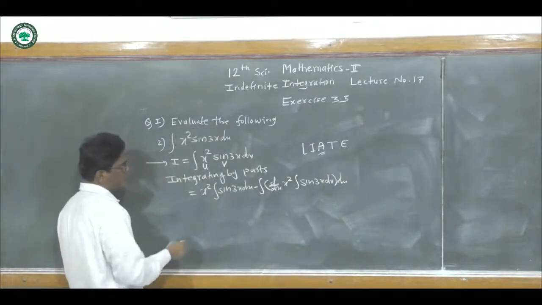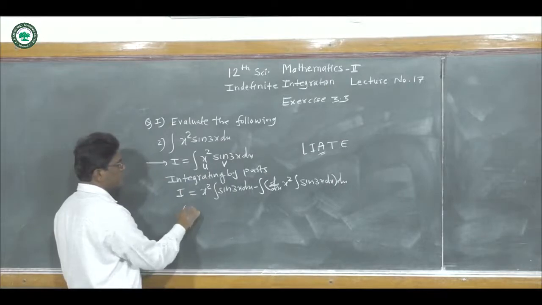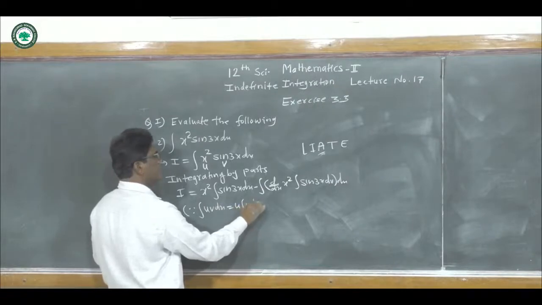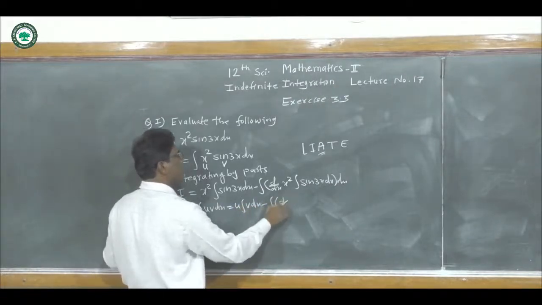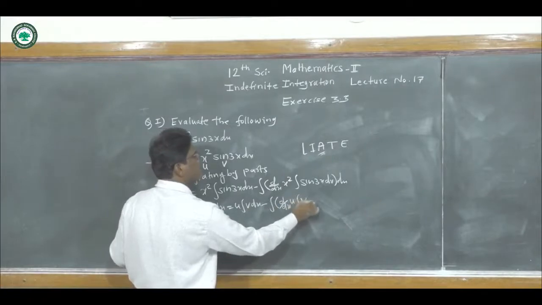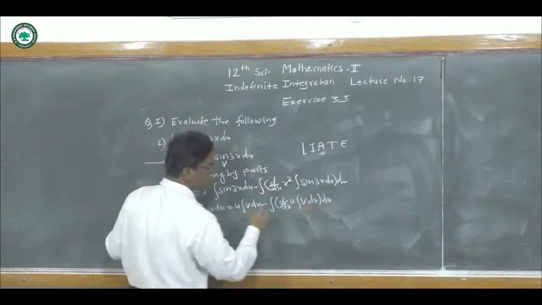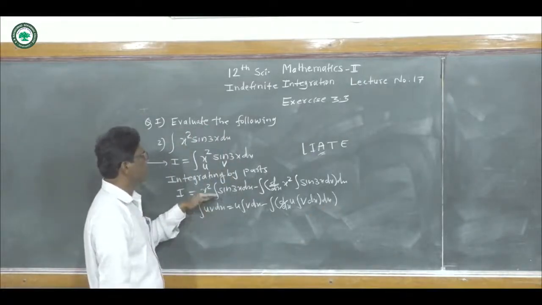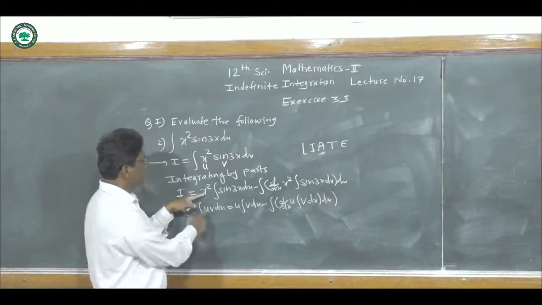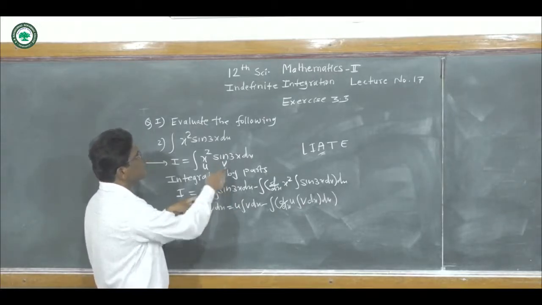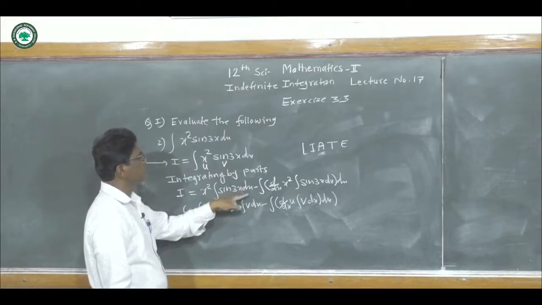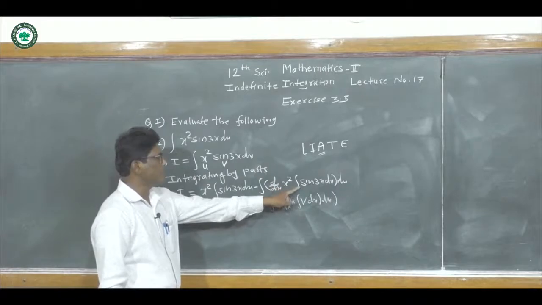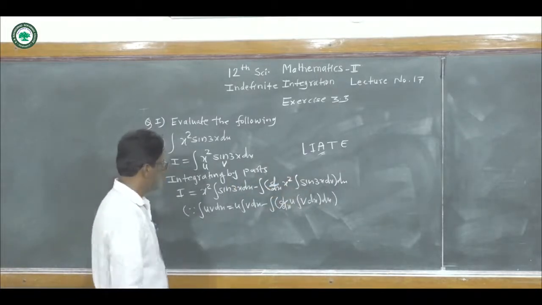Here in bracket, write the formula. In bracket, since integration of uv dx is equal to u integration of v dx minus integration of d by dx of u into integration of v dx, and again write this dx. Write this formula in bracket. So we use this formula here. So u means x square and v means sine of 3x. So integration of sine of 3x dx minus integration of d by dx of u, meaning x square, into integration of v, meaning sine of 3x, and dx, like this.